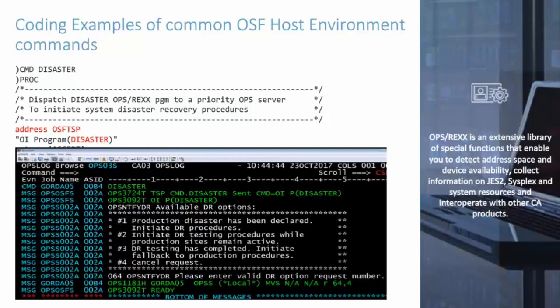Using the OPS log, let's take a look at the audit trail messages generated by any rule that triggers a program to an OPSOSF server. Using this command rule as a trigger that invokes the DISASTER OPSREXX program to a priority OPSOSF server, upon the issuing of the disaster pseudo command, you can not only trace the rule logic, but also determine what server was processing the triggered program. Note the first line of the OPS log. The disaster command event was issued by a specific TSO user, which would have triggered this rule. The ADDRESS OSFTSP logic in the rule resulted in the